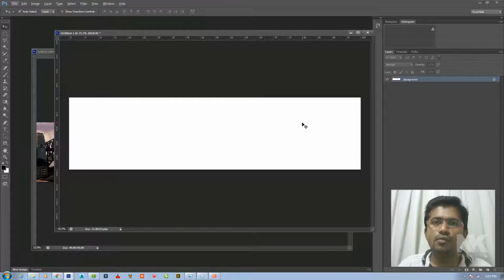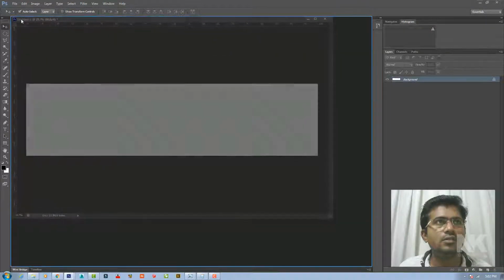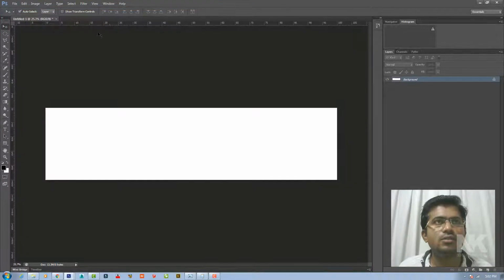Once it is increased, now I have to divide this image into 4 equal parts. For dividing this into 4 equal parts, I will be using guidelines. For now I will just minimize this image. So this is our ruler.